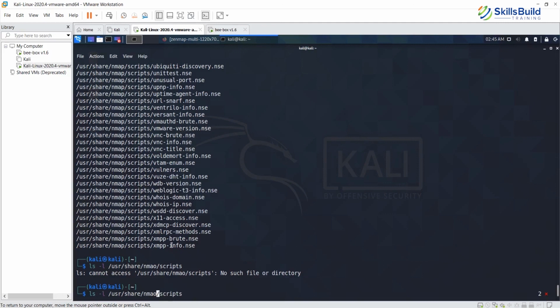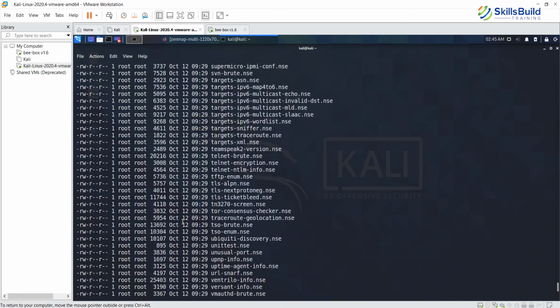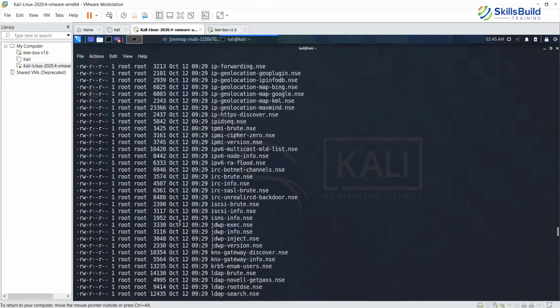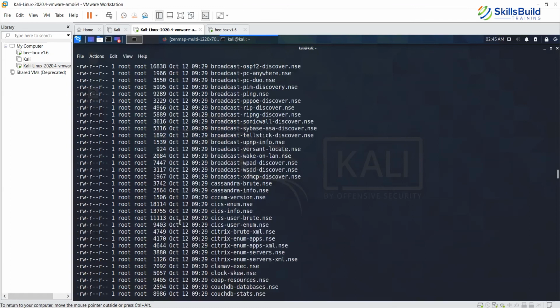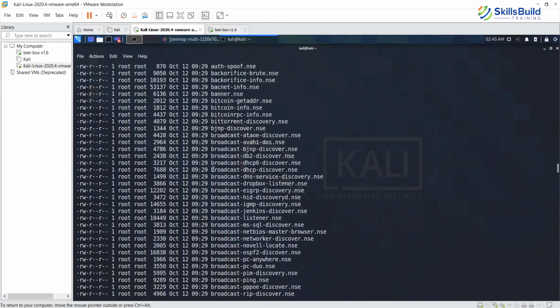There you go. These are all the scripts that are there. There are a whole bunch of scripts, I think more than 500. But remember, each script falls into a specific category, and they are prefixed with their category names.